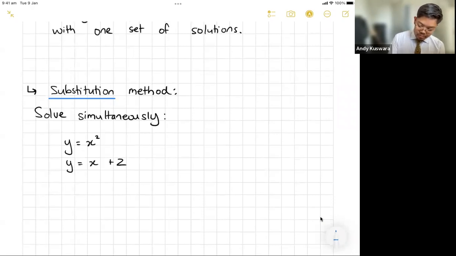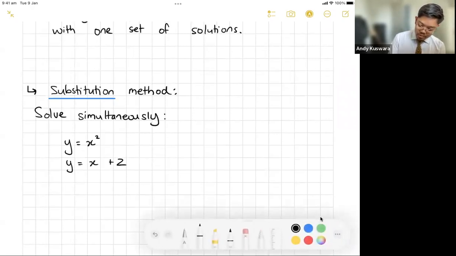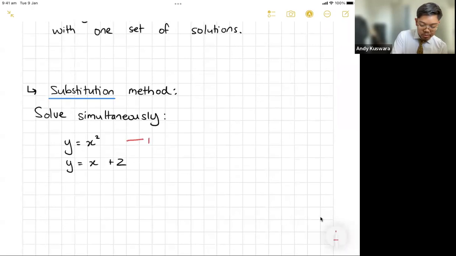Now, the way that we tend to do this is, let's call this equation one, and we'll call this equation two. This way of labeling things is often very helpful when you're trying to show your marker that you know what you're doing. Now here, what's nice is I've isolated an unknown. I can see I've got a y here and a y there. And so all I really need to do is substitute equation number one